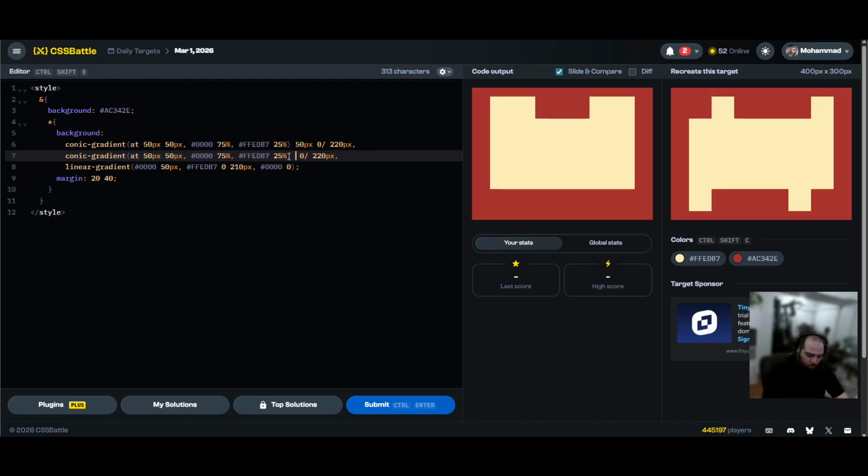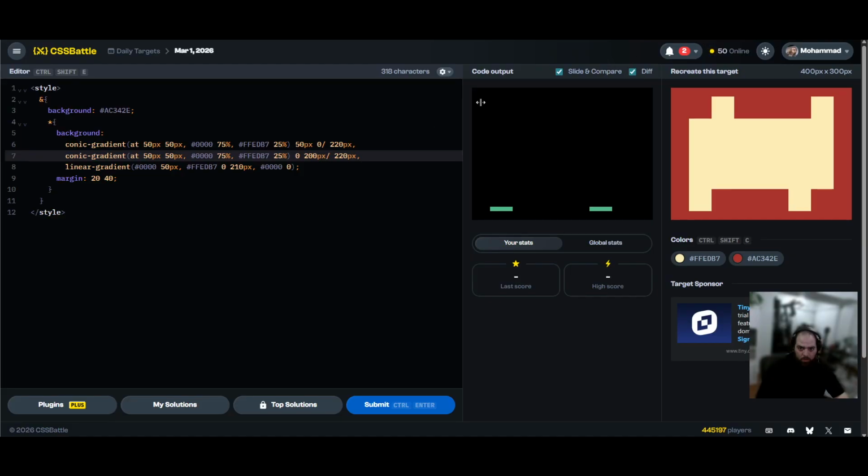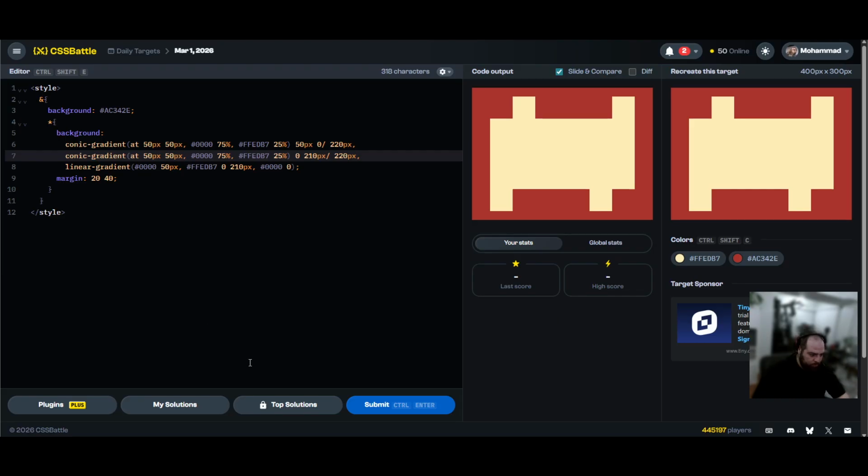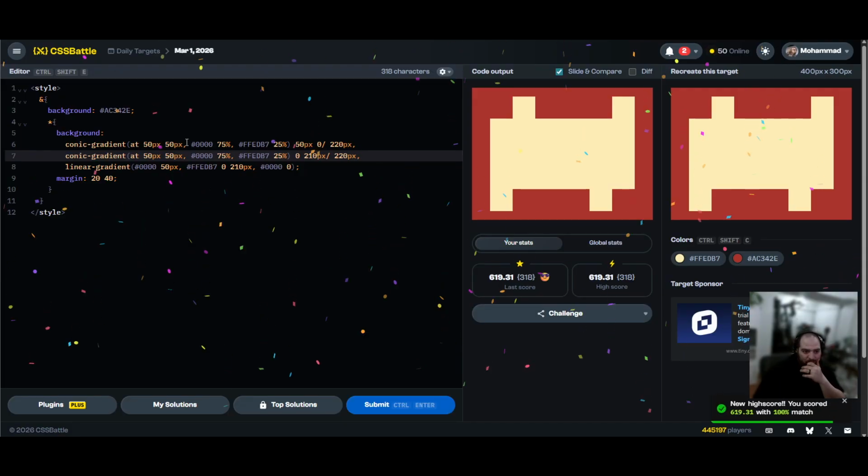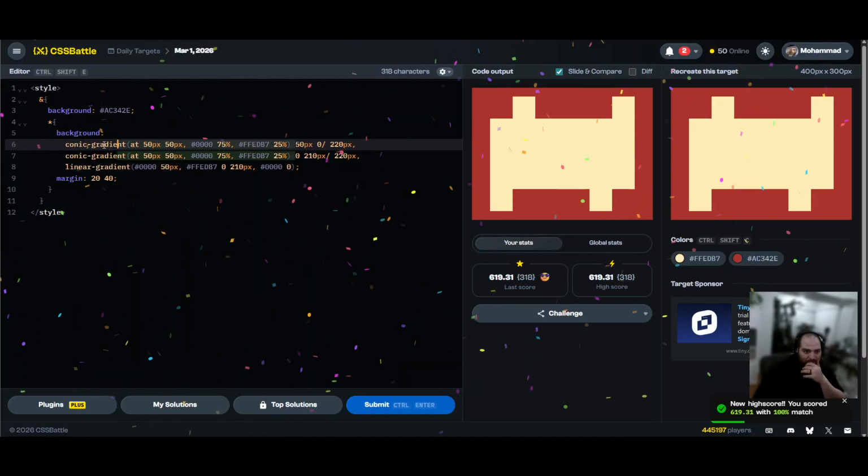For this one, I'll leave it at 0, but I will push it down a whole bunch. So that's probably going to go down 200 pixels. 220. 210. Alrighty. Submit. Okay, so technically this entire thing